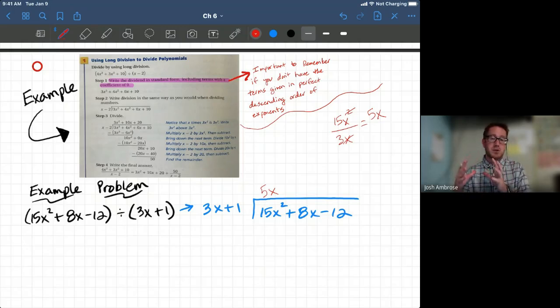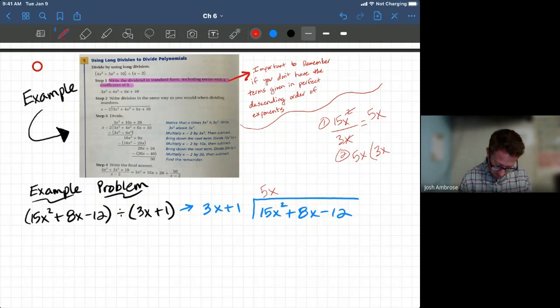Take the first term under, divide it by the first term out, and then what you're getting is the first part of your answer. So I like to think of it as the first divided by the first is equaling the first part of your answer. That's step 1. Okay, now step 2 is take what we just created, the 5x, and